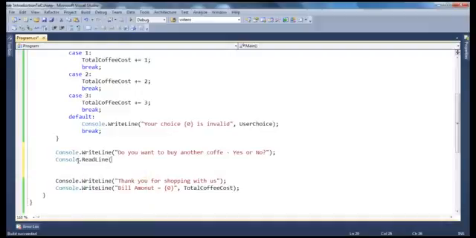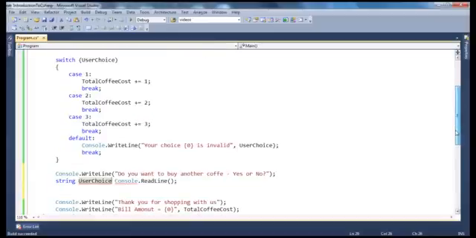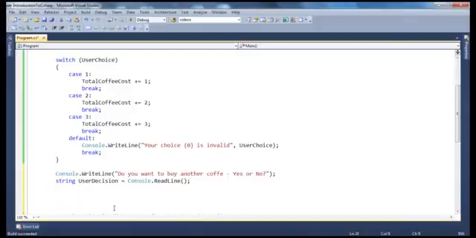So the user now will enter yes or no. We have to read his choice from the console and store that in a string variable, user choice. We already have that variable called user choice, so we'll use user decision, maybe, the user decision whether he wants to buy another coffee or not. We can use another switch statement or if else, it's up to you, but let's use a switch statement because we are learning about that right now. So